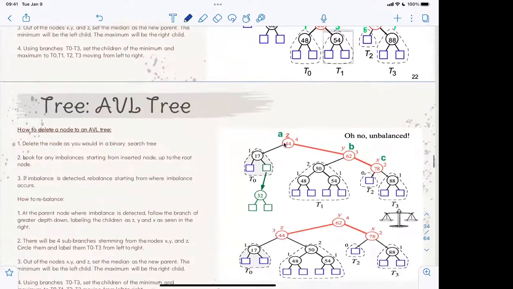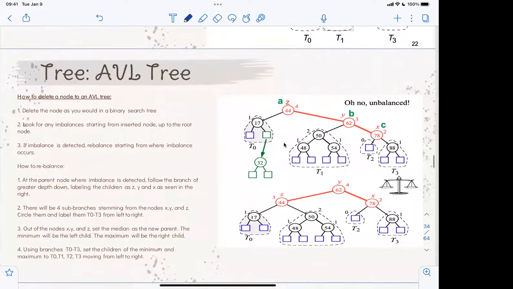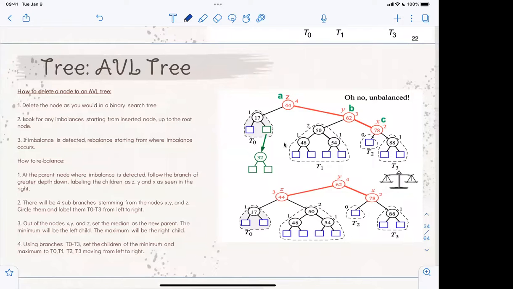Okay, so moving on, we'd want to worry about deletion of a node. So again, it's the exact same as a binary search tree, except that we need to ensure balance afterwards. So if you want to delete a node, in this case,